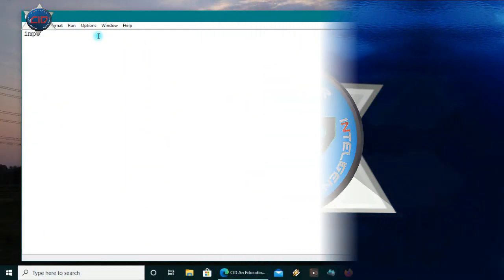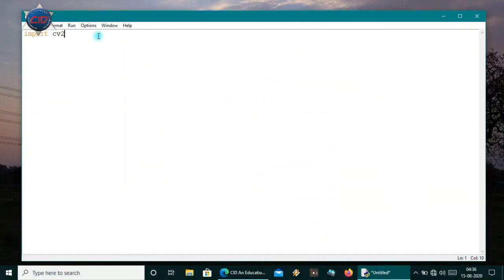I will firstly import CV2, and then I will import the PyZbar class from the PyZbar package. So I will type: from pyzbar import pyzbar. Now let me start the video capturing of CV2 directly.